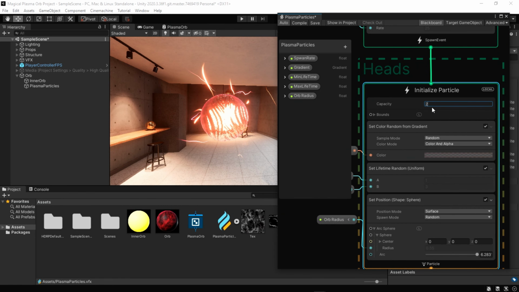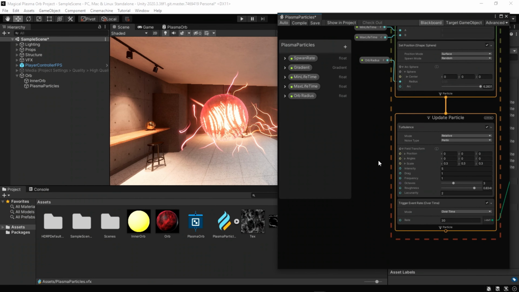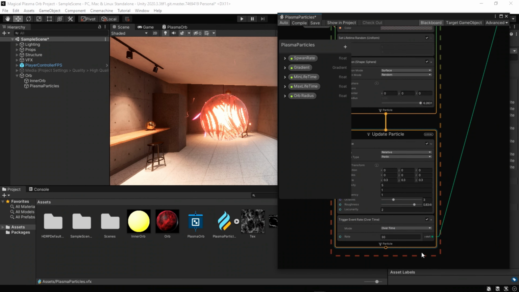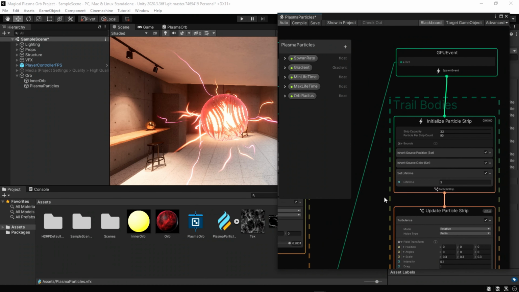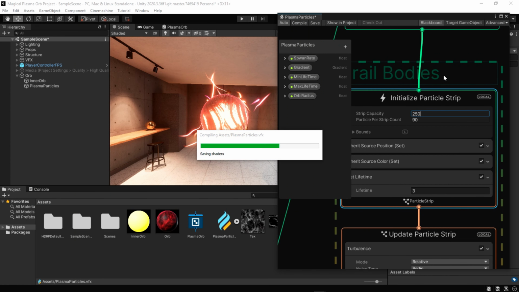Increase the capacity in the initialized particles. And do the same for initialize particle strip.